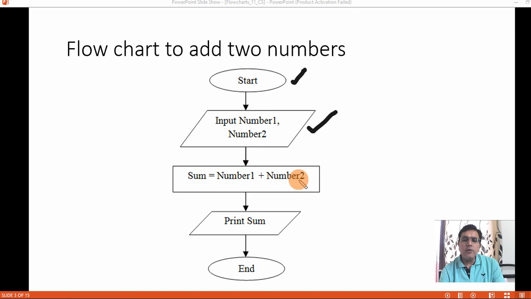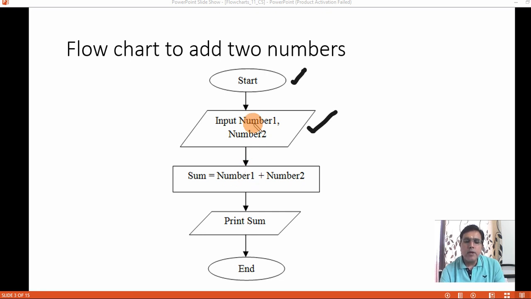Now one thing you must understand here, that if you are reading values in the name number1, everywhere in the flowchart it should appear as number1 only. You cannot have num1 here and you cannot write number 1 here.